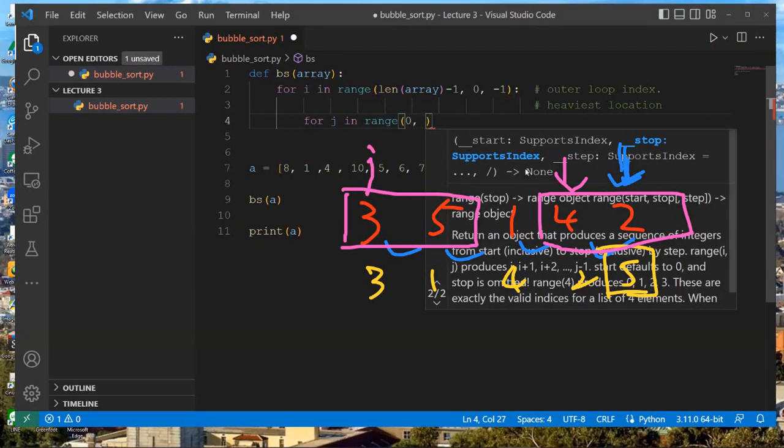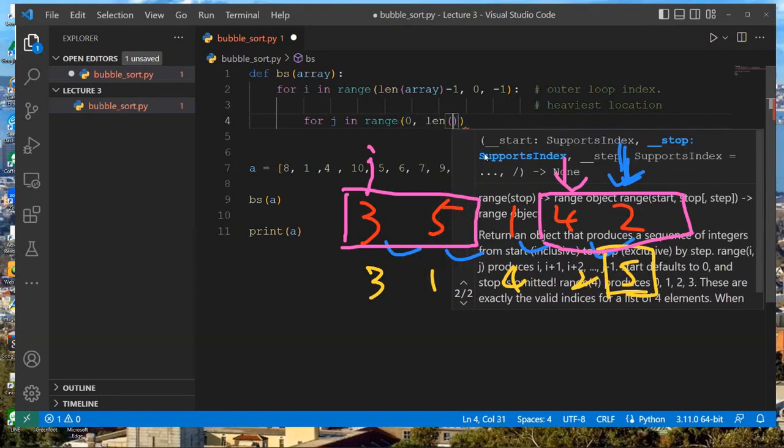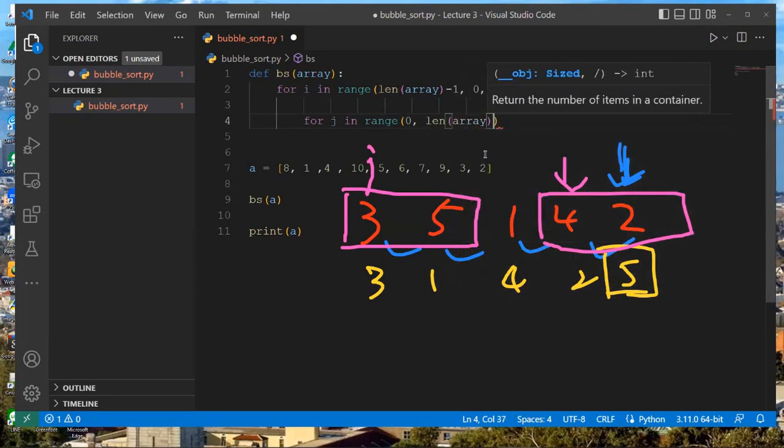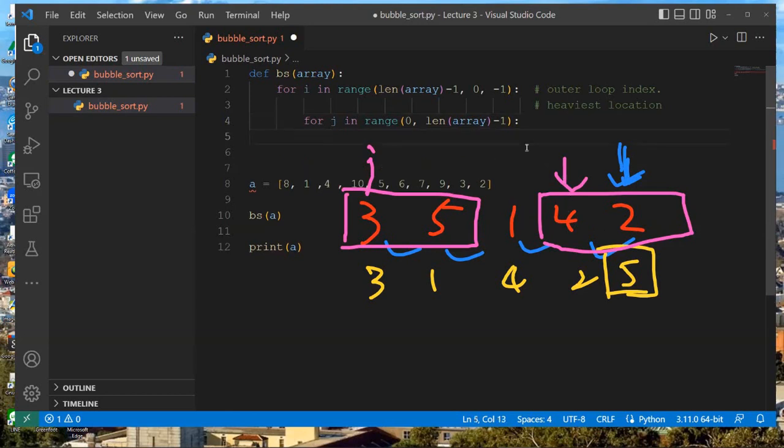And the last one actually should be less than this. So it is actually less than length of the array minus 1. This one is down to the array minus 1. So that's your inner loop. Okay. So your inner loop is like this. And then after that,